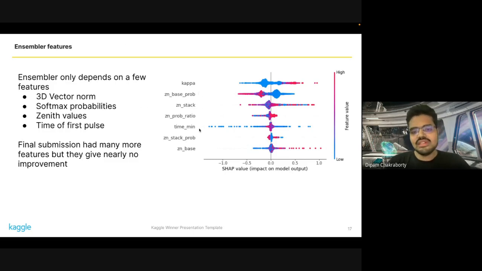But one thing was interesting, which is this time minimum. In the case of the combiner, when I was writing rules by hand, I was not using the time at all. But when I use the boosting model, I use the time values as well. And there I did not subtract the relative time. So later I